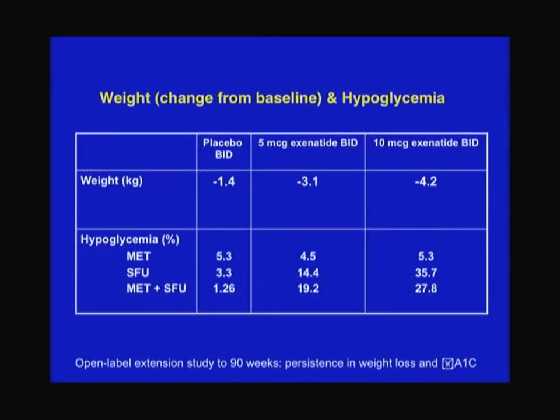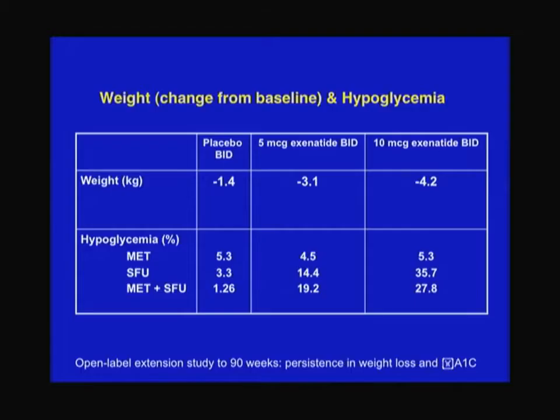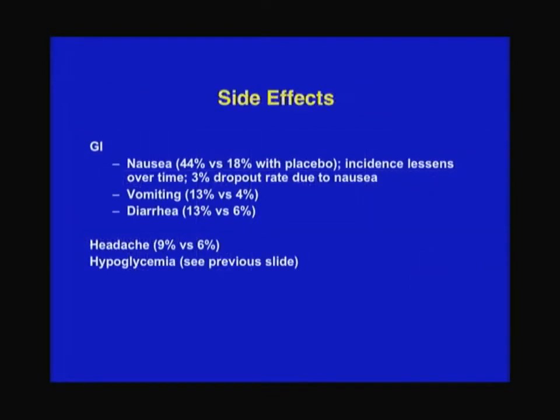What got a lot of very positive press, though, was that they were associated with weight loss, especially the injectable one called Byetta or exenatide. These are not effective as weight loss drugs, but in diabetes, when used to replace insulin, they can be associated with some weight loss, even though insulin is associated with some weight gain. There are side effects, including a fair amount of nausea. And so one of the hypotheses is that the reason they cause weight loss is because people are so nauseated.